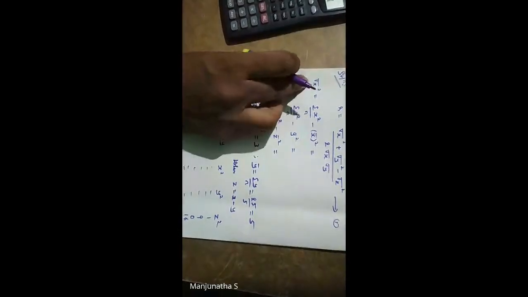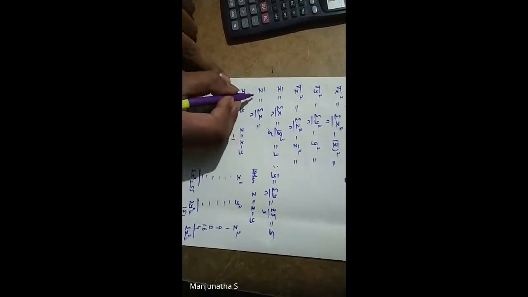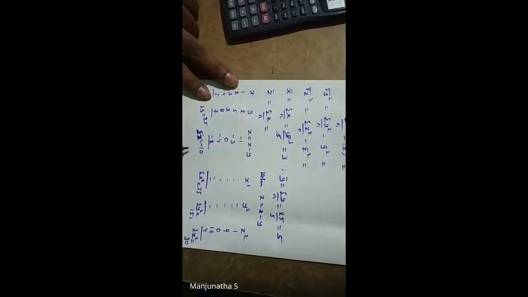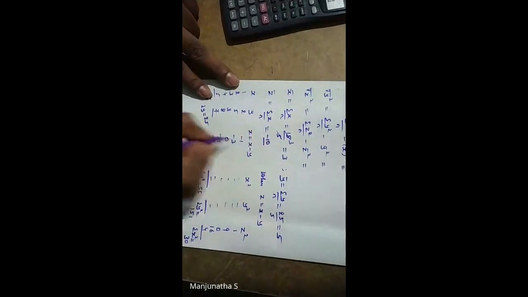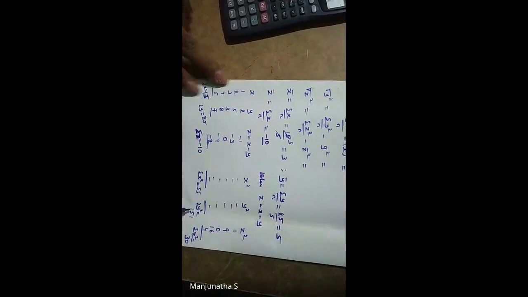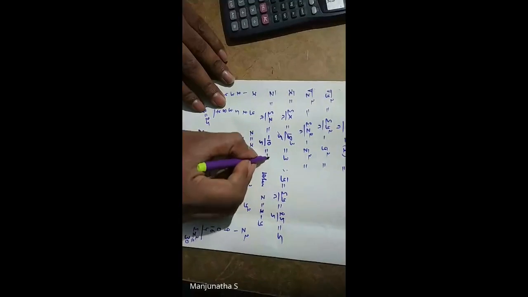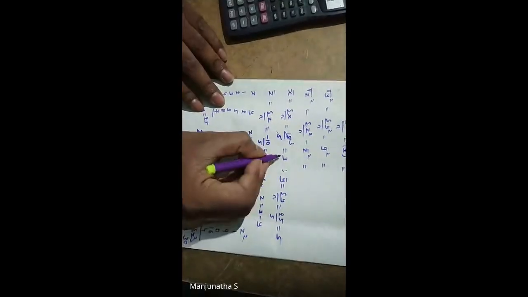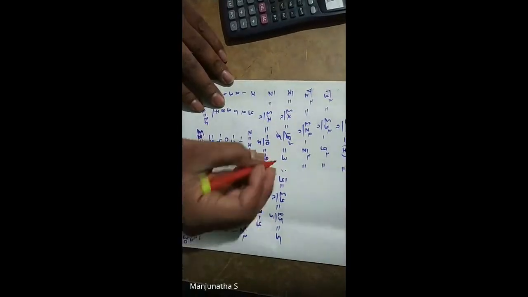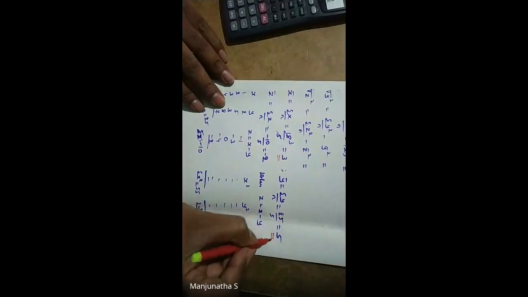So let us substitute in these equations to get the values of sigma x square, sigma y square, sigma z square. Okay. So first we'll find out z bar. Summation z is minus 10. Minus 10 divided by n, which is 5, so it is minus 2. So you got all the values. These 3 values we got.